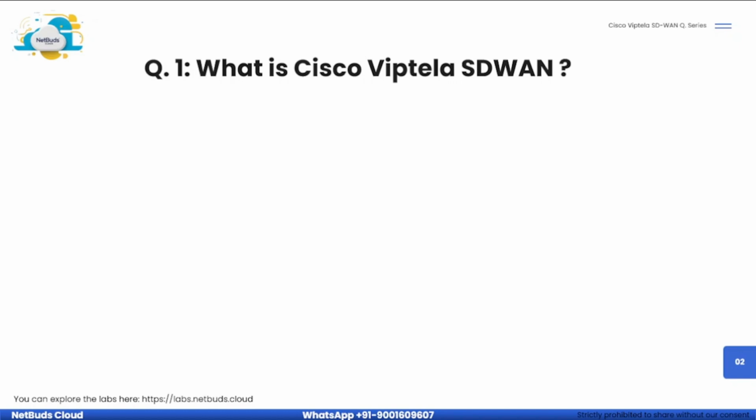So let's try to figure out how exactly it works. First thing is to replace a traditional WAN infrastructure with software intelligence. Earlier we completely relied on physical connectivity, but SD-WAN is a completely software-based solution. That is the reason we call it a software-defined wide area network. It also replaces a traditional WAN. Of course, physical connections are there, but in a different form. What I told you, the WAN is coming with software intelligence. This is the one thing.